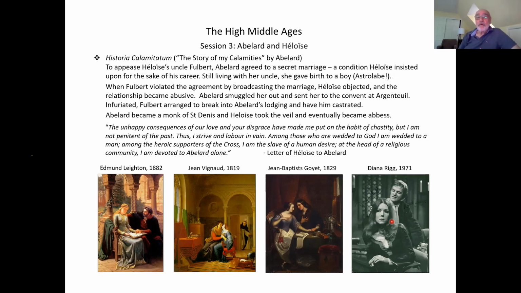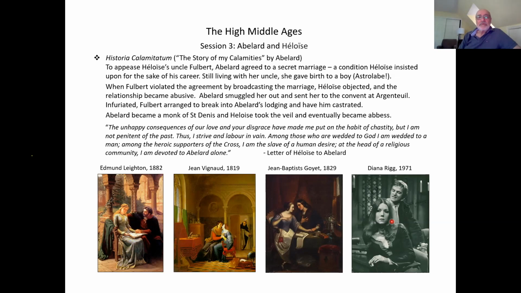And she gives birth to a boy, which, good students of science that she and her lover Pierre happened to be, they name Astrolabe for the navigational instrument that had recently been invented. This sounds like the 1960s all over again, doesn't it? Astrolabe, I love it. When Fulbert violated the agreement that they had by broadcasting the fact of the marriage, Heloise objected,